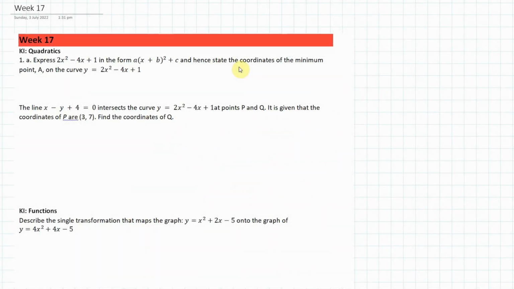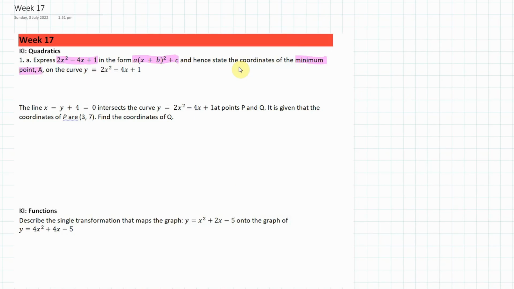Pure Maths 1 students, we're on week 17 of our maintenance, looking at a quadratics question to start off with. We have to express 2x squared minus 4x plus 1 into this form here, so obviously we need to complete the square, and then we're going to state the coordinates of the minimum point,